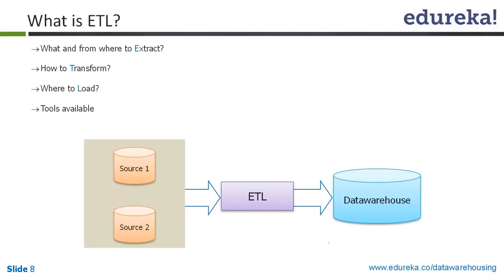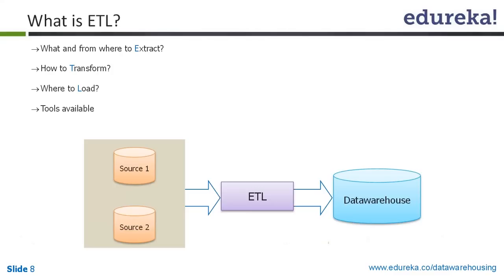If you see a website, when a login form is given, most people do not enter their last names, or the email address will be incorrect, or the age will be blank. So all this data needs to be cleansed. There might be special characters coming in the names. This is usually the case with foreign names, where a lot of special characters are included. So this data needs to be cleansed. Unwanted spaces and unwanted characters can be removed using the ETL tools, and then they are loaded into an area called the staging area.